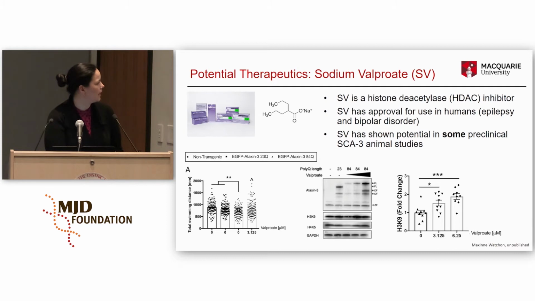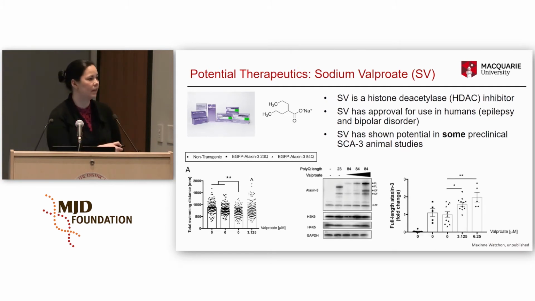We treated with sodium valproate, and we saw that at this, which is a pretty low concentration, there was a rescue in the swimming phenotype. They swam longer distances, and indeed there were elevated levels of histone acetylation, which you can see here. But the thing that was really interesting to us was that in addition, there was also an increase in the amount of expressed human Ataxin 3 within the zebrafish following sodium valproate treatment. This was surprising because usually in our model, an improved swimming phenotype occurs when we also have decreased levels of human Ataxin 3, the polyQ expanded form.